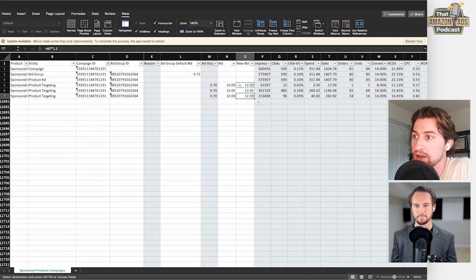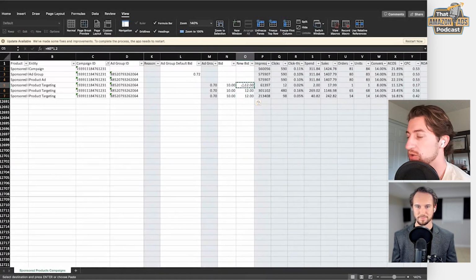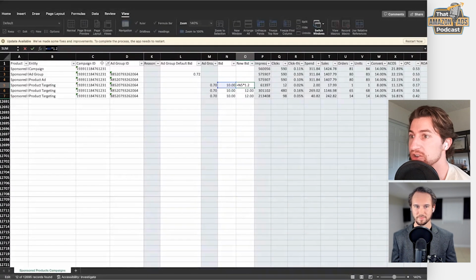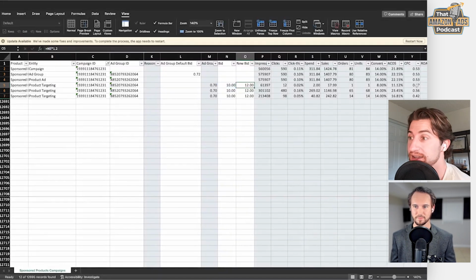And really quick, someone's probably going to ask me, well, then why don't you just calculate the bid based off the CPC instead of doing equals a 20% increase from your bid? Why don't you do equals a 20% increase from the CPC? And the answer to that is twofold. Number one, well, there's two reasons why that's wrong. Number one,